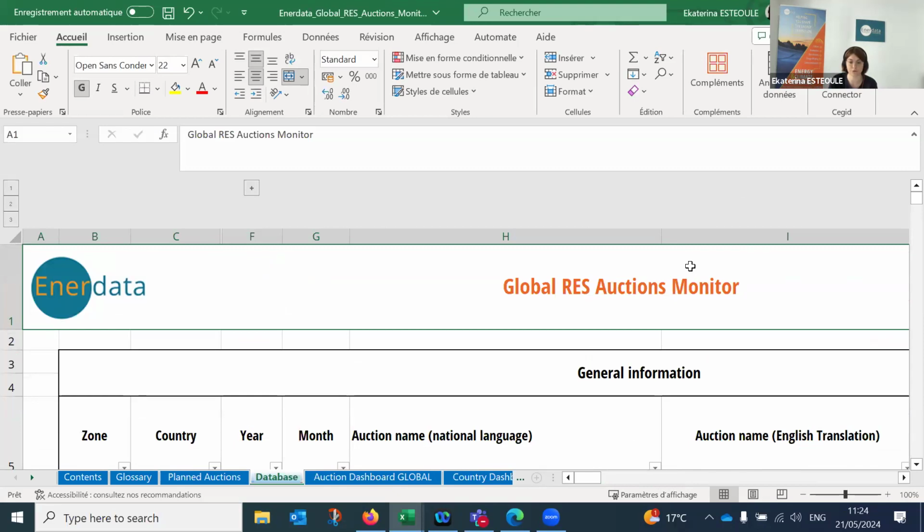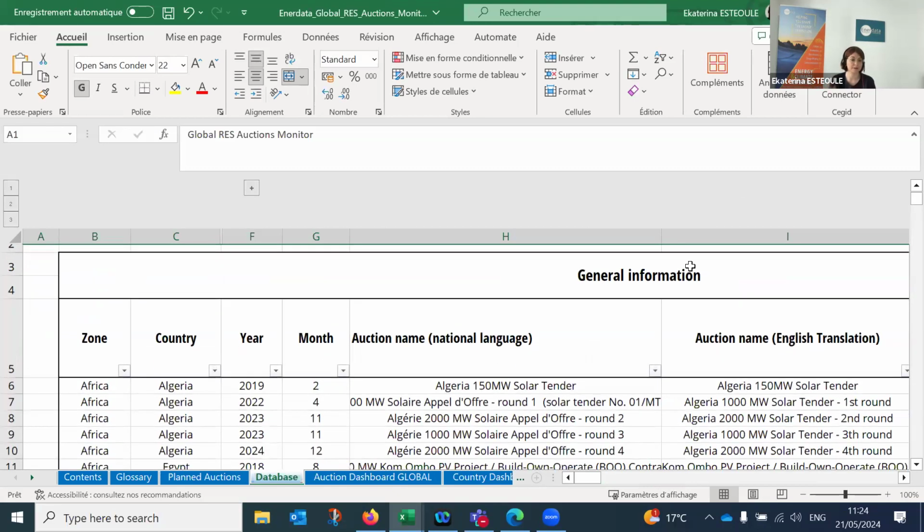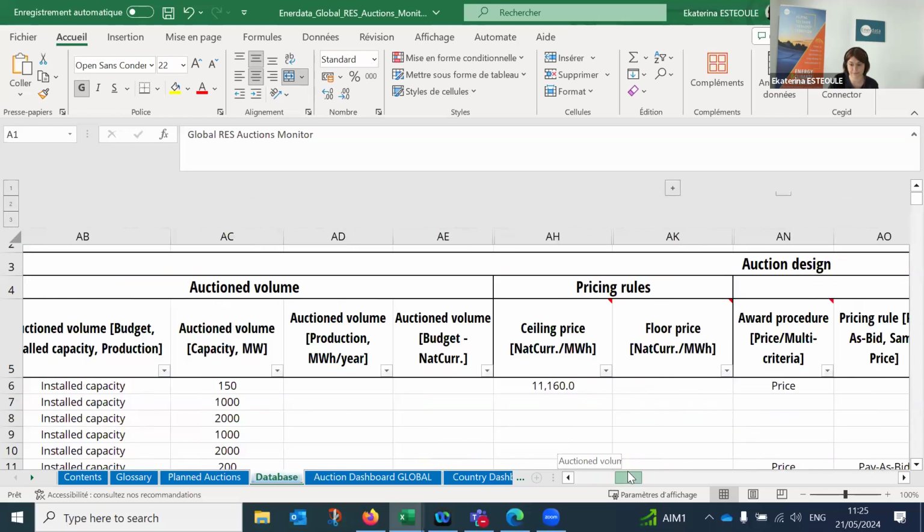Of course, currently we're covering 64 countries, and you get all the information on planned or past actions. You will get information on auction design, on prices, on volumes for the planned and past ones in a single database.